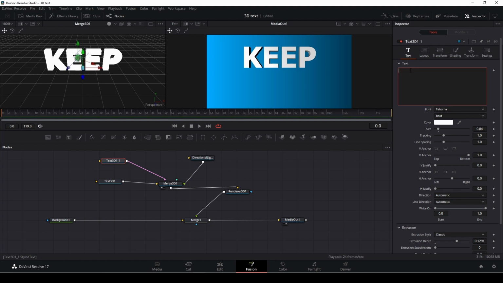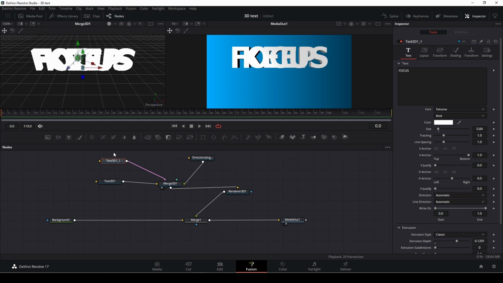So let's just write another word. Focus. And this looks crazy. So I'll be in my second text here. It could be pretty helpful to push the function button on the control or F2, depending on which keyboard you are using, so you can rename the tools. I'm just going to write what this is,